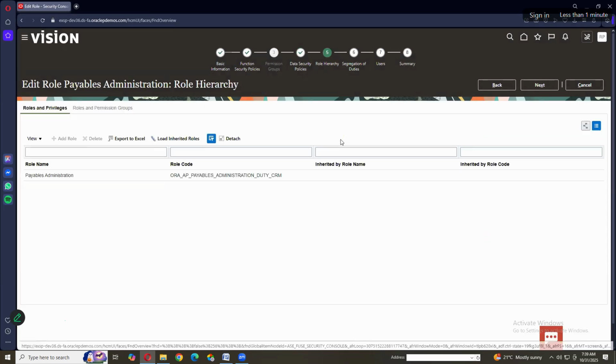Next, moving to role hierarchy. So in the role hierarchy, let's say we are creating a custom role. In the custom role, you want to have some access rights of the standard role. Then we will provide the role name here, and we will click on add role, and we will search for a role, and we will add the predefined roles in this section. So when you add the predefined roles in this section, the predefined roles' related privileges and security policies by default flow into your